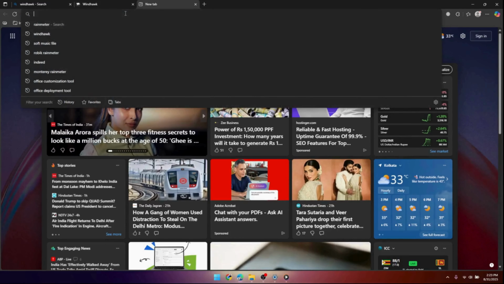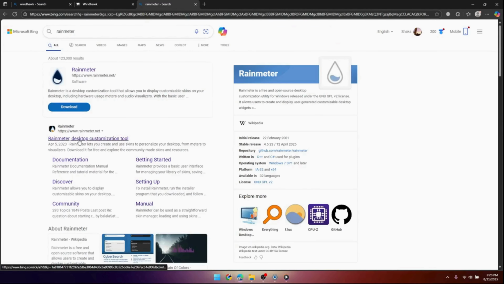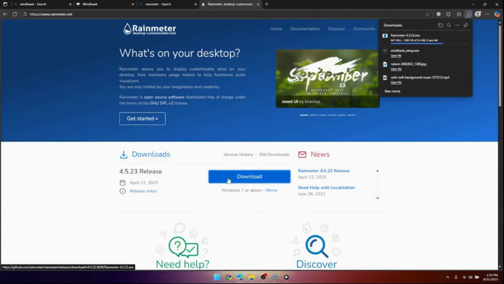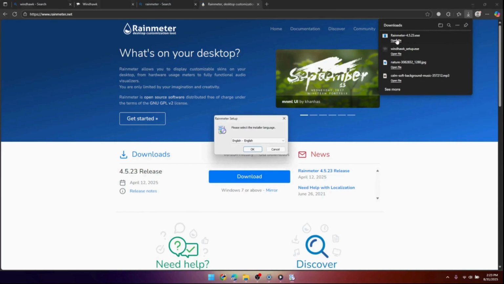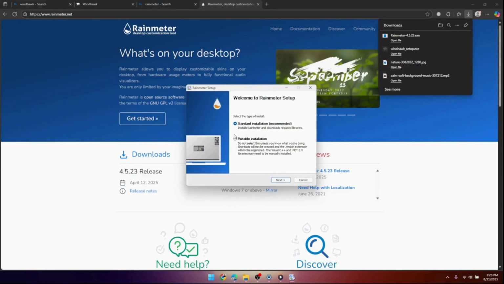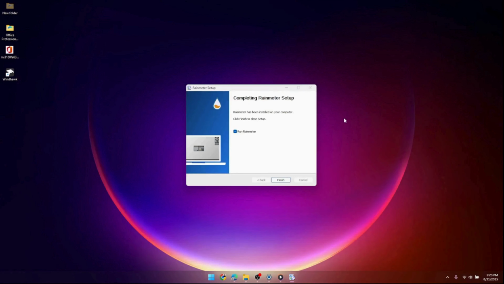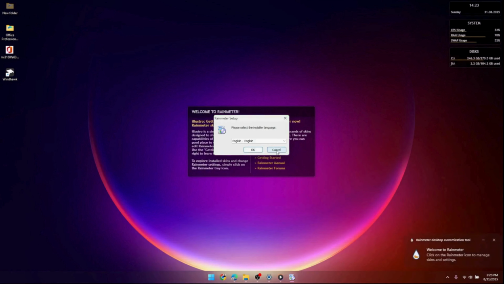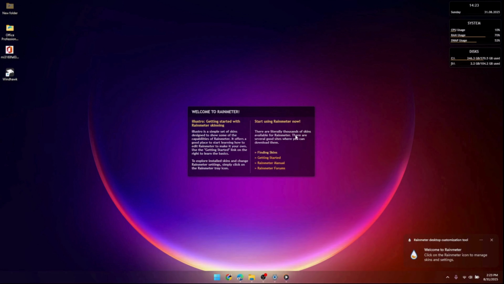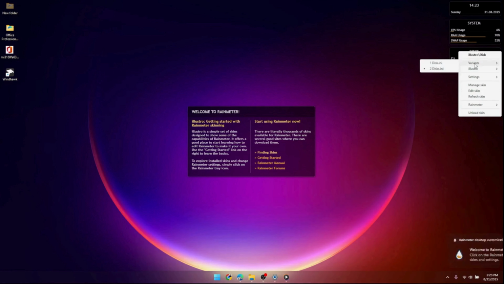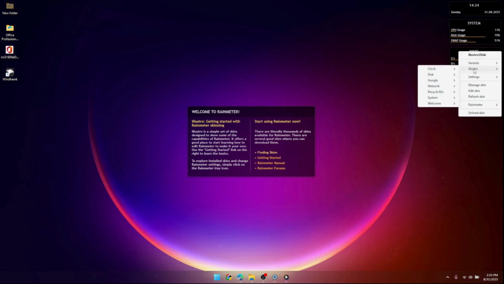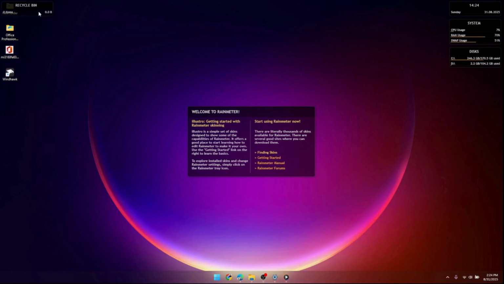So now, as the next step, we will search for Rainmeter. We will install this one, download it from the download folder, run it, keep it standard installation. Next, install it. Now once it finishes, it will give you the dashboard. Here you can see a couple of things already showing on your desktop. So if you want, you can remove it. Simply go to uninstall,